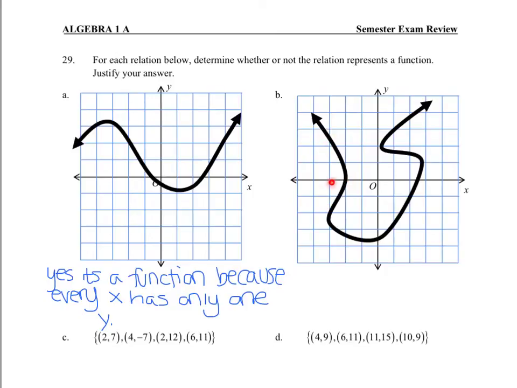at 1 to negative 3, there are 2 y values. So there are multiple places where there's an x value that has more than one y value attached, which means it is not a function. You want to be specific as to why it's not a function, so no, it's not a function